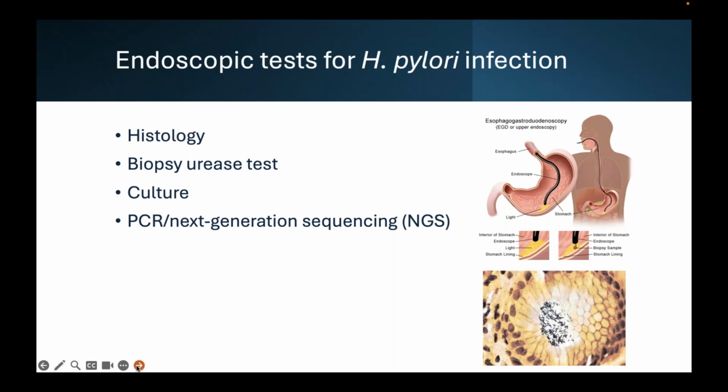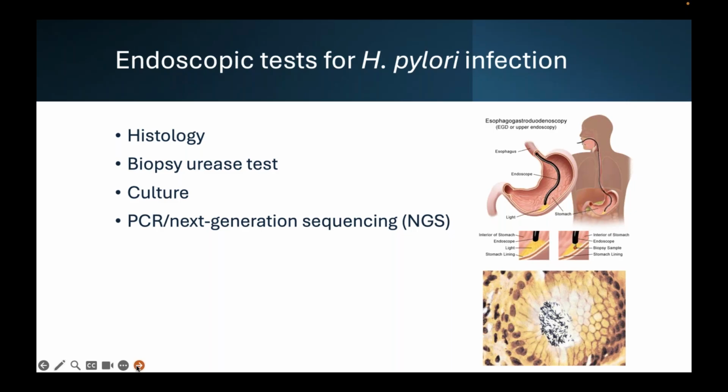And it's relatively easy to take biopsies at the time of endoscopy and to evaluate for H. pylori. The most common way this is done currently is through taking a biopsy for histology. The pathologists will process it for H&E staining, and often the organisms can be seen just by hematoxylin and eosin staining. If there's a question, if there's inflammation, but the organisms are not easily seen, then some special stains can be added on, including the silver stain shown there on the bottom right, those little black squiggles being H. pylori organisms, or immunohistochemistry is another way to make the organisms more obvious.